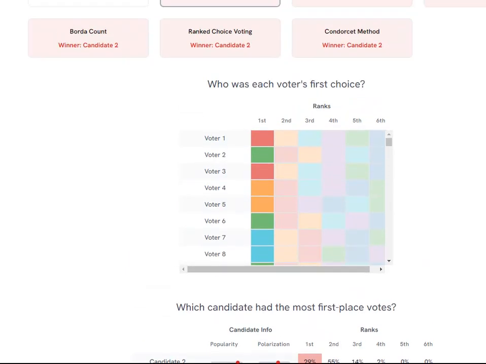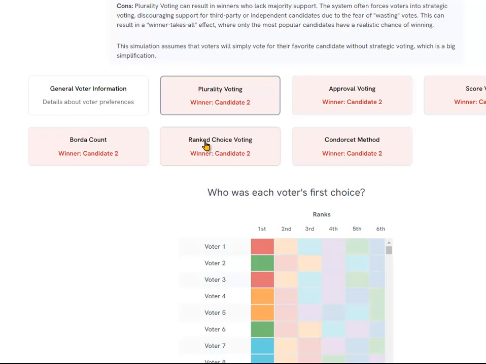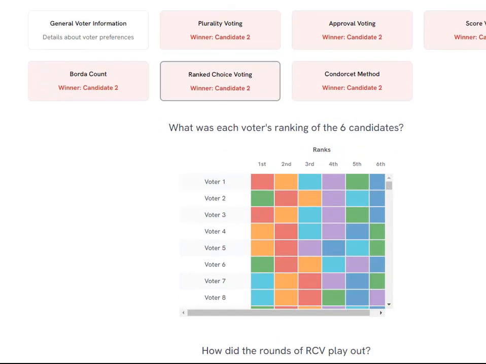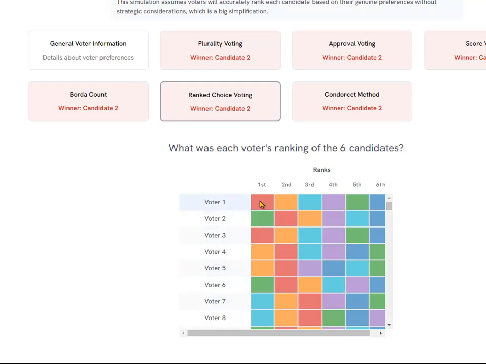All right, so I'm going to click on ranked choice voting. That's the only other method we did. Now on the ballot, you would say, okay, I'm going to go for this candidate first. I'm voter 1. I'm going to go for this candidate first, then this candidate, then that, then this, and then that. So I actually put 6 votes down. Just make sure that you only put one little circle in each row and one in each column. Don't double up,